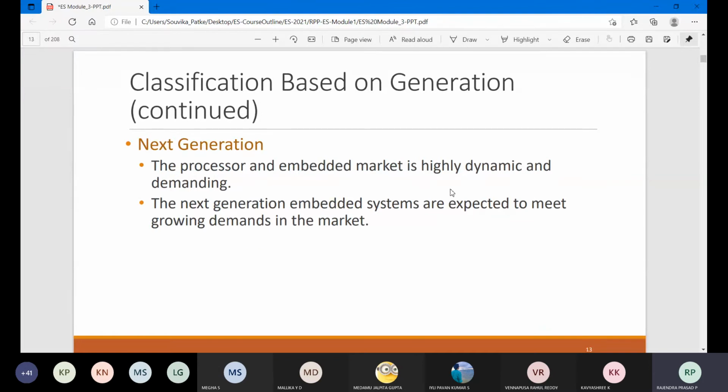So why is the processor and embedded market like this? Because if older devices get damaged, obviously they will get damaged, and there is nobody to repair that part. If you go and tell them the display is not working, for the display alone they will tell you it is around 3000 rupees. Another 2000 if I add, I'll get a new mobile phone.